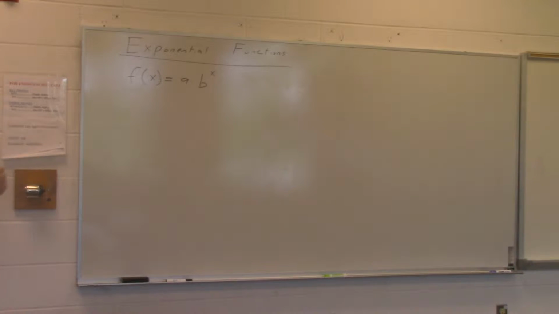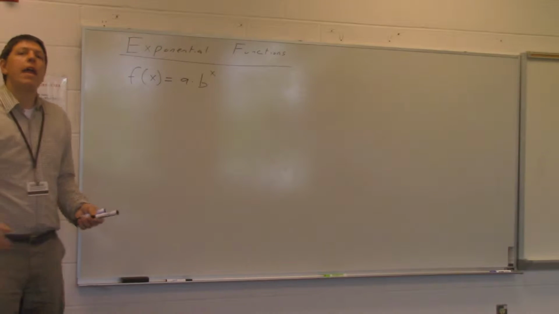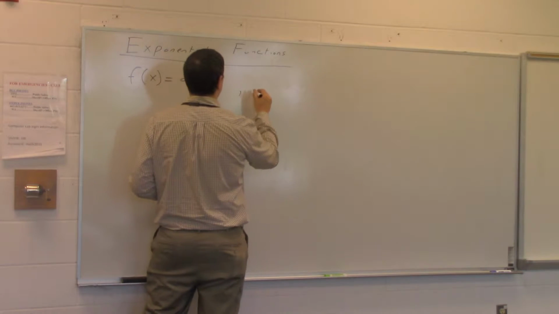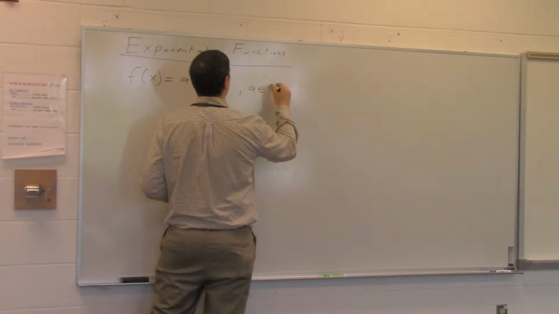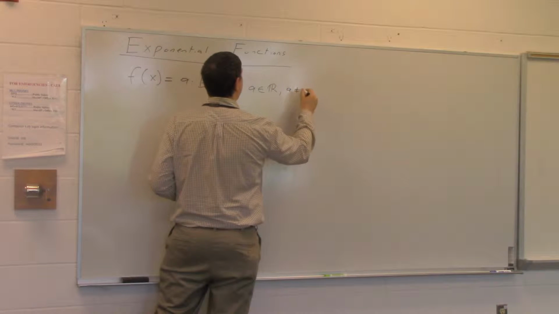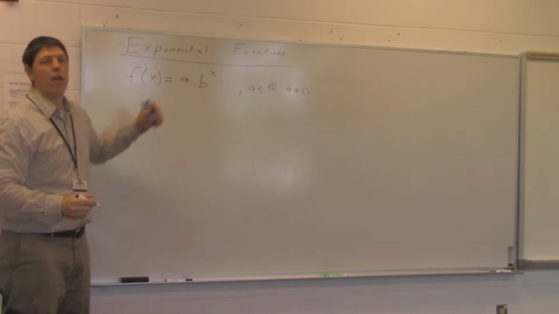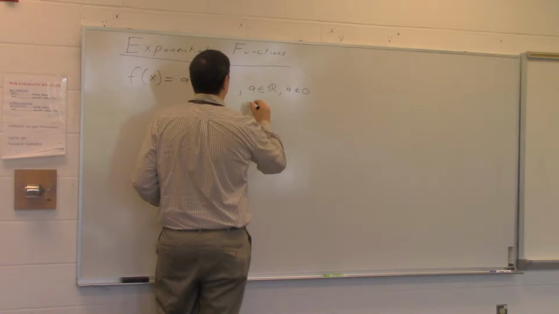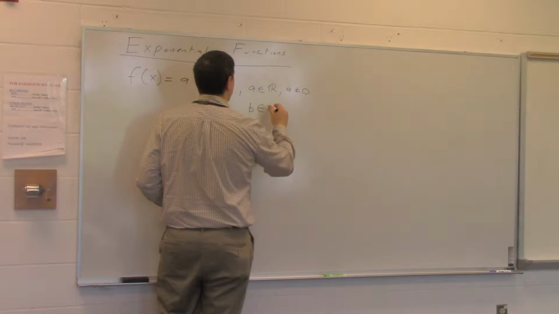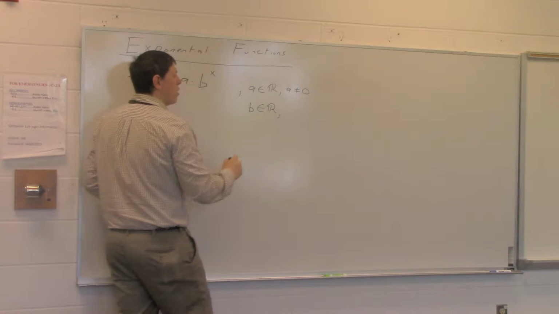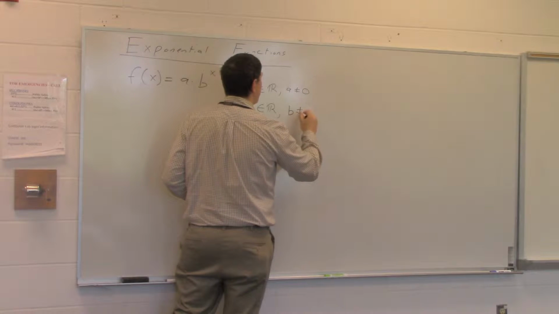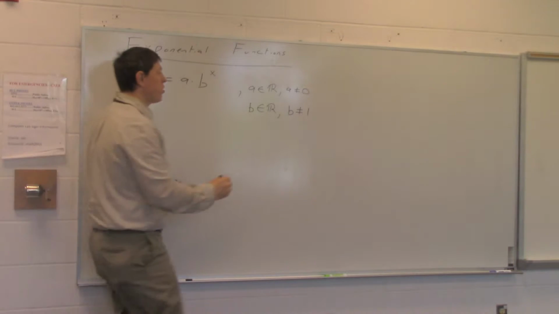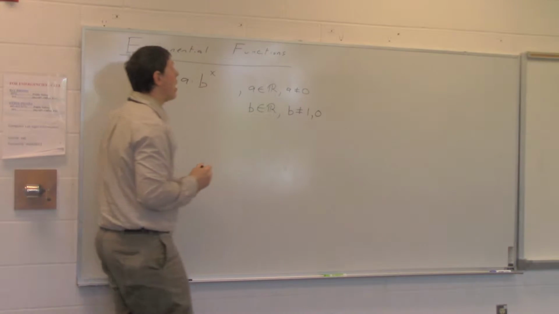power. Now, a is going to be any real number as long as a is non-zero. So we're going to say a is a real number, but a cannot be 0. And obviously, if a was 0, it would just be a constant function. And we're going to say that b is a real number as well. We're going to say that b cannot be 1. If b was a 1, or if b was a 0, we would end up having a constant function as